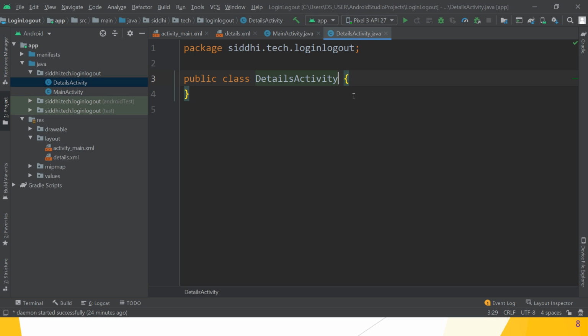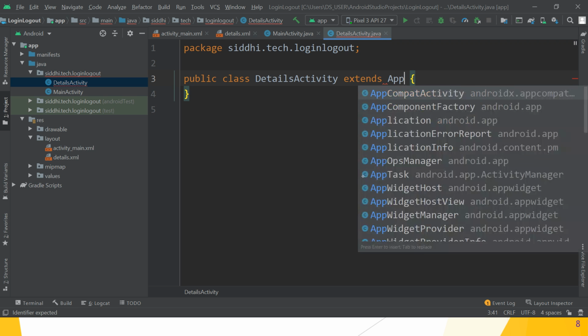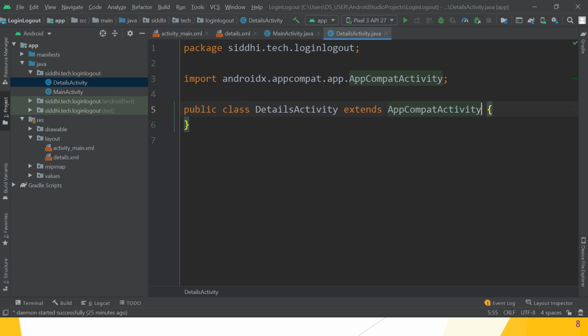Write the code which refers to the logout window. So in this, what we have to create? First, details activity, we make that class an activity class, so extend it from the AppCompatActivity. Great.